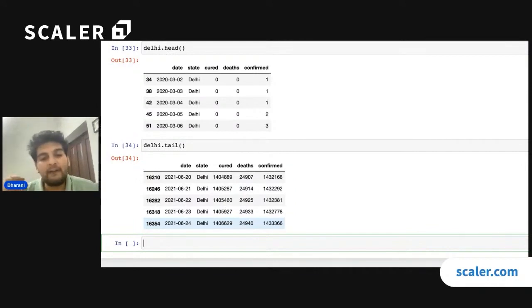And as of 24th June 2021, I have 14 lakh cases. So as you see, in this span of probably 1 year, 3 months, there have been 14 lakh confirmed cases across Delhi, and that is a huge number, my friends. Now, what I'd want to do is I'd also want to analyze how these confirmed cases have increased across all